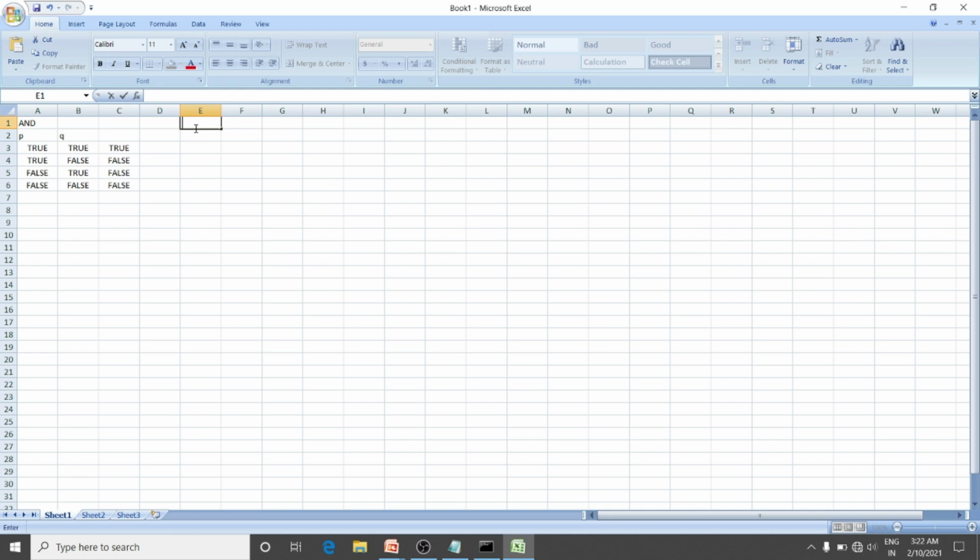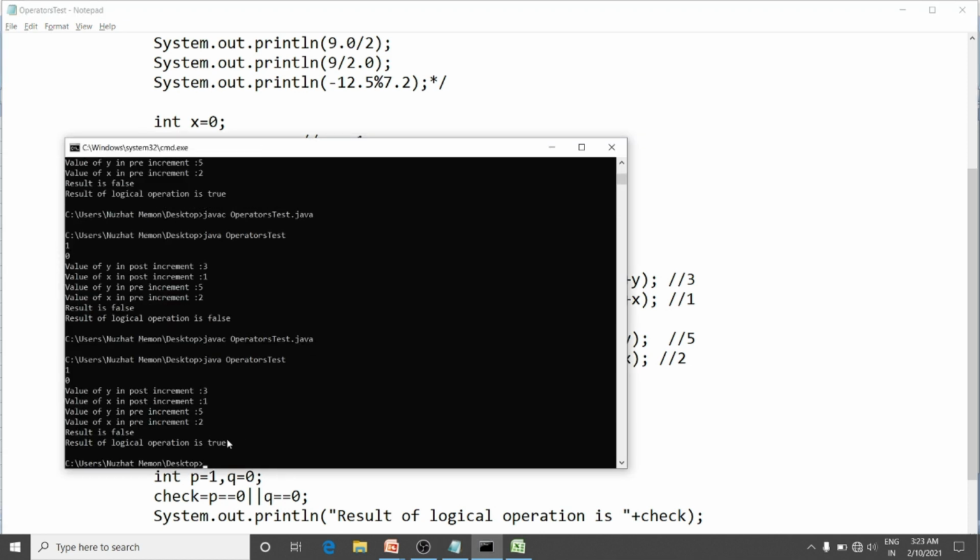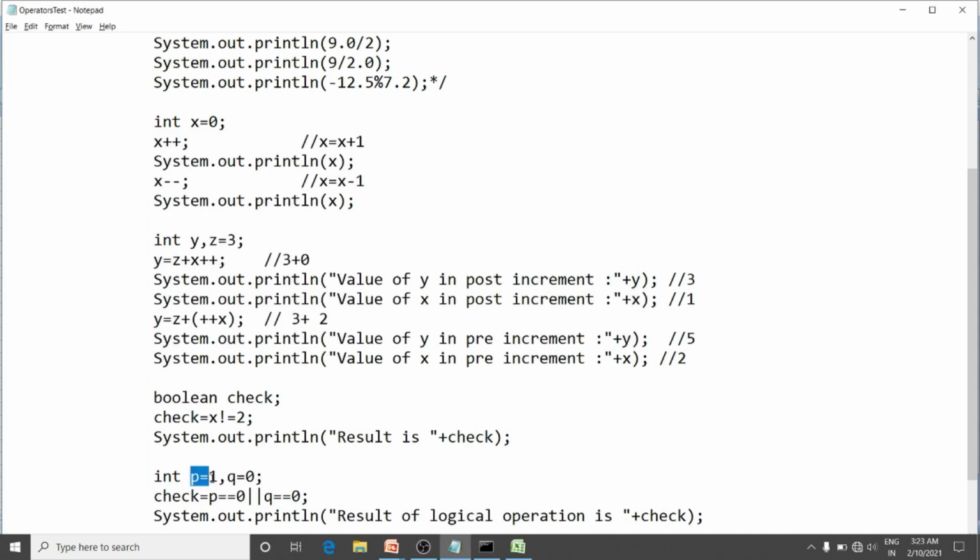If we are going for OR combination, here we will check for this value. Here we will use double pipe to get the OR operator. In OR condition, the entire expression will be true if both of the operands are true or either side of the operand is true. See here, that is true because the first condition is false, I agree, P is 1, that is not equal to 0.